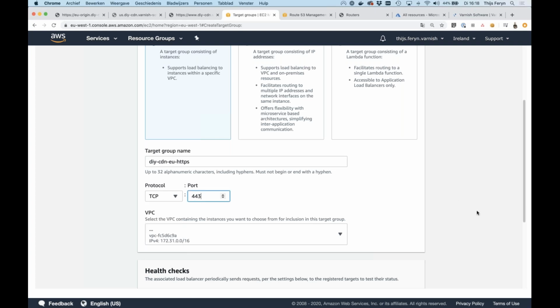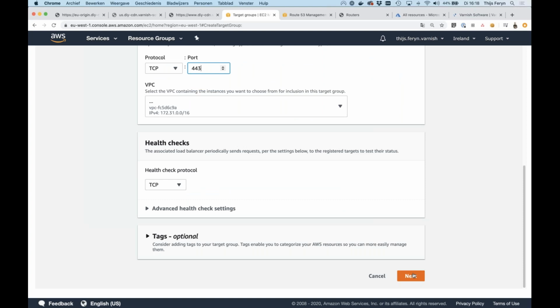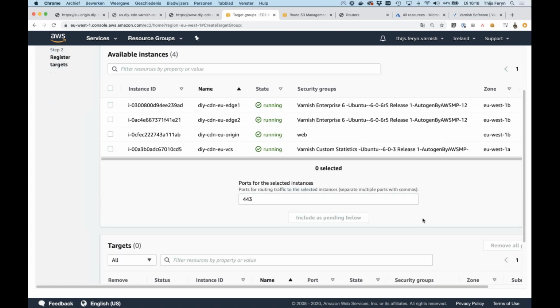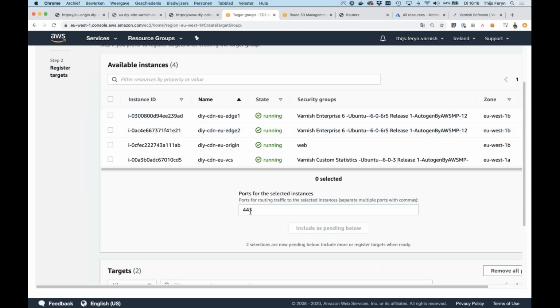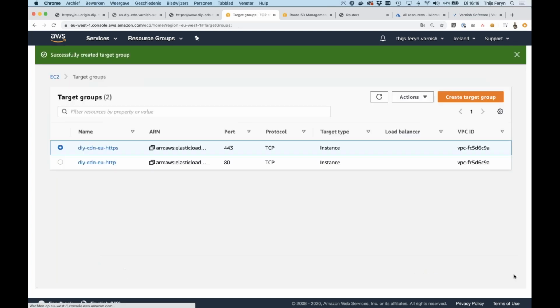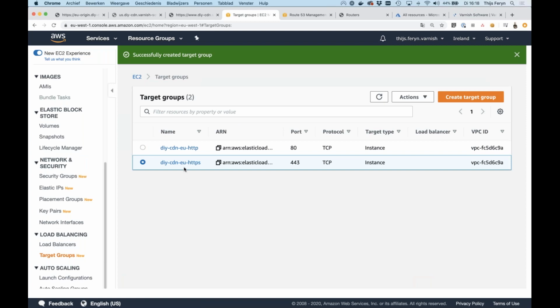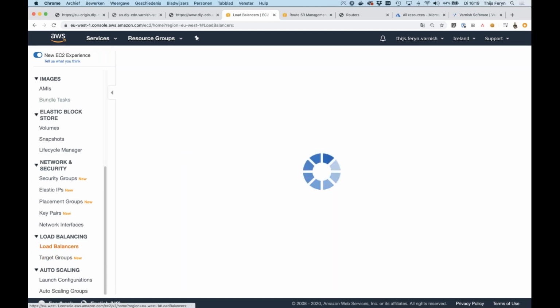The reason for that, and you'll see that in a second, is that I do want to terminate TLS on my machines. I don't want to do this at the load balancer level. And I'm going to select a specific kind of load balancer to do the job in just a second. So this is where we accept HTTPS connections and send them to the two servers. This is for HTTP. Now we click load balancers